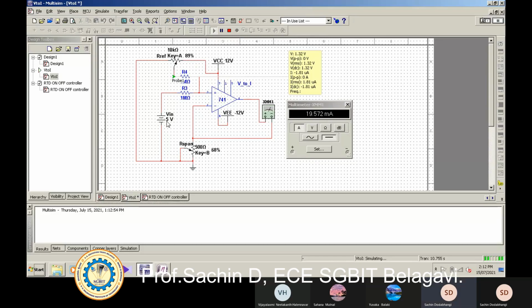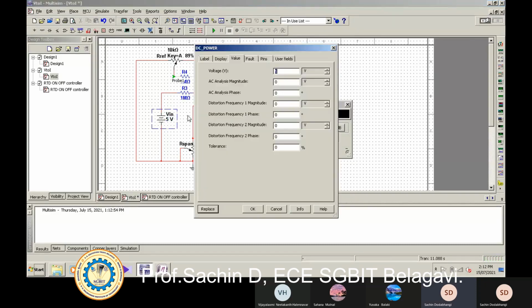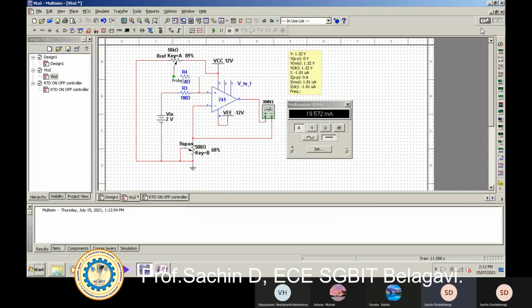We need to check this input. Suppose I give 2 volt, I will turn it off. If you give 2 volt as the input, with respect to 2 volt you will get the current reading. So it is 10.199. Getting it? It is 10.199 for 2 volt. So it means, if I give input voltage from 0 to 5 volt, current will change from 4 milliampere to 20 milliampere. If I give 2, 3 or 4 volt in that range, correspondingly it will vary at the output.